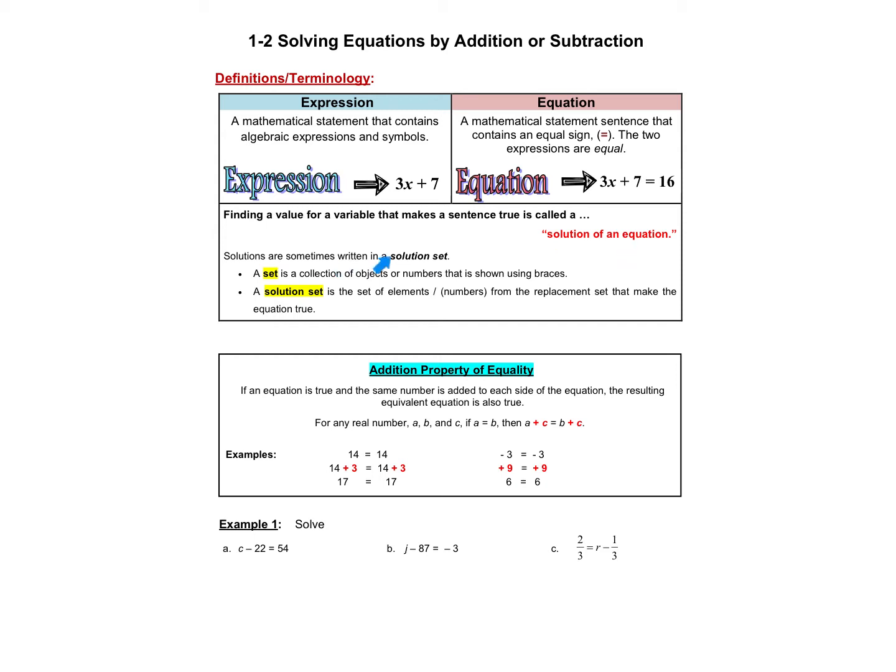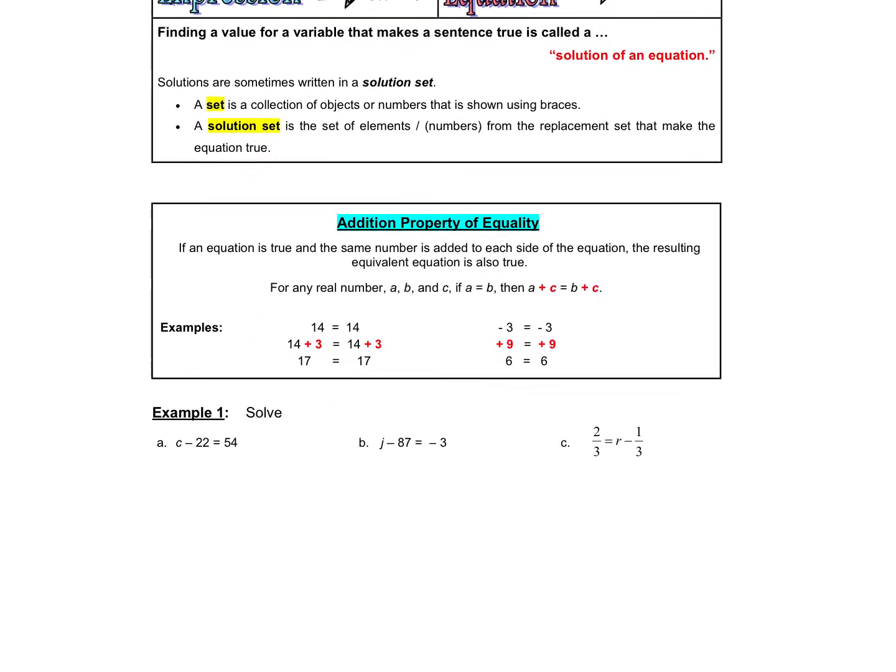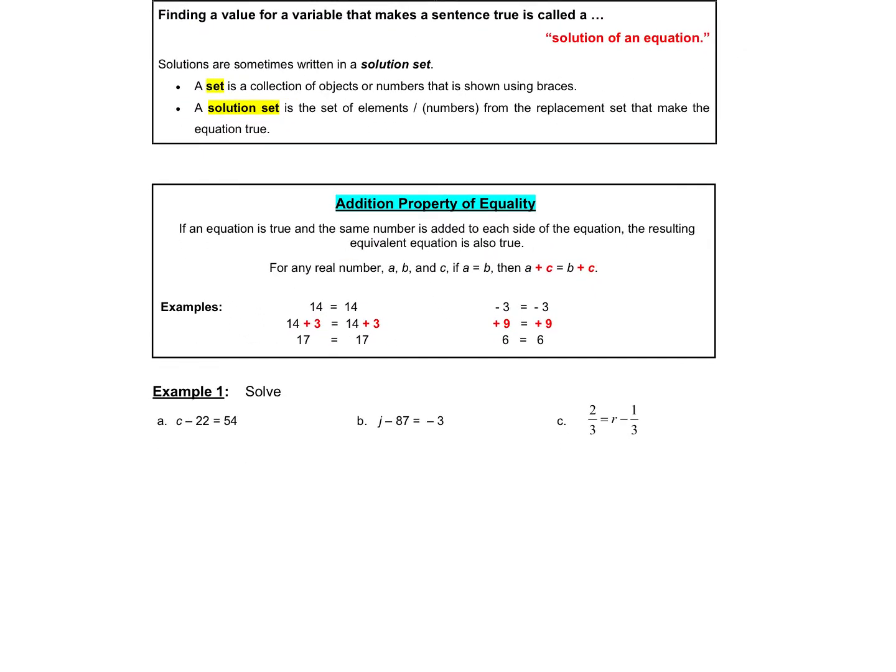Sometimes solutions are written in a solution set, and a set is a collection of objects or numbers that is shown using braces, and a solution set is the set of elements or numbers from the replacement set that make the equation true. We have the addition property of equality, and what the addition property of equality states is that